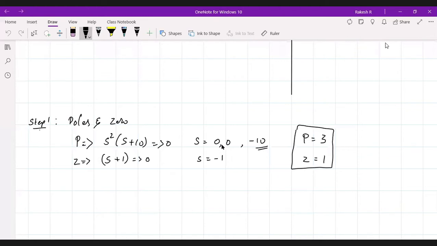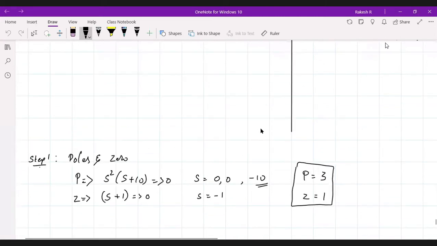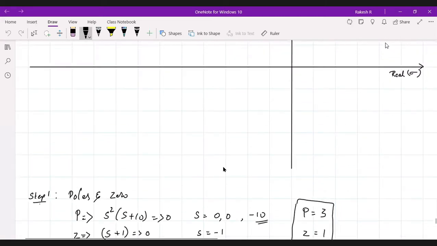At this point, the roots are originating at the poles. The root locus starting points are from the poles, so the two branches start from the same point. So we need to consider two poles here, that is 0, 0. Here the highest term is -10, so with respect to that you need to take the scale for plotting the s-plane.